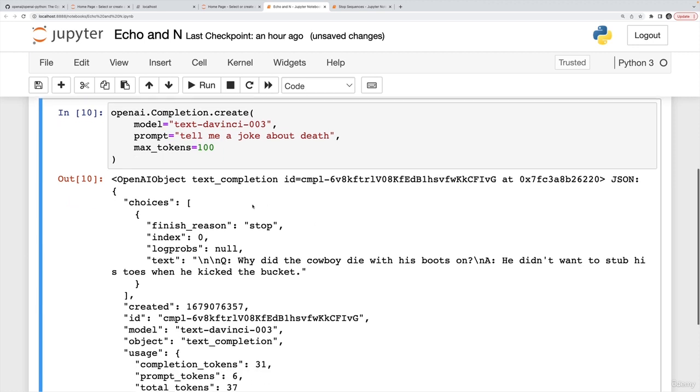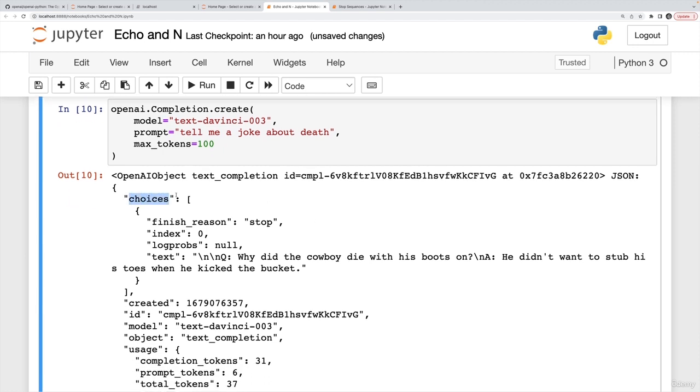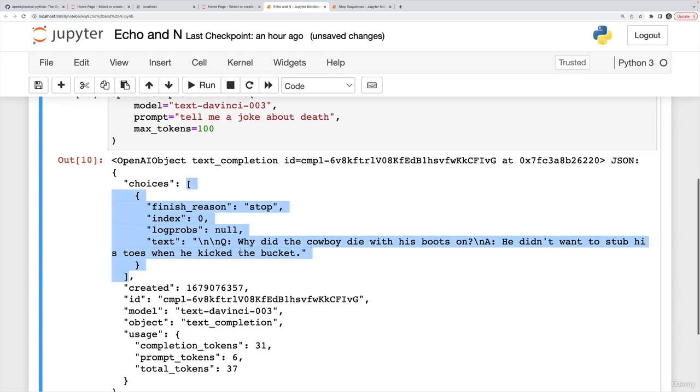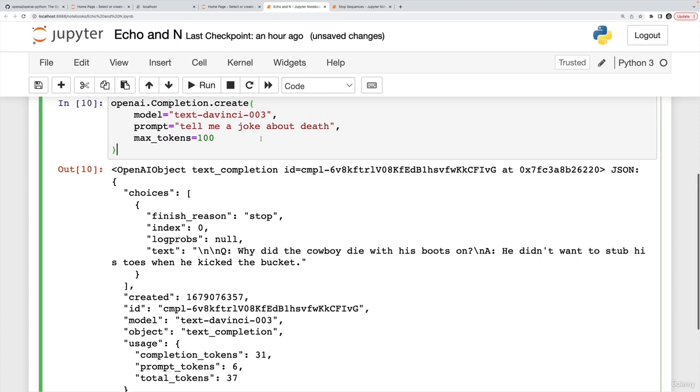Okay, here we go. So all of our data, as always, is inside of a choices property, which is a list. And in that list, there's only 1 element for now. The text property says, why did the cowboy die with his boots on? He didn't want to stub his toes when he kicked the bucket. So I can use